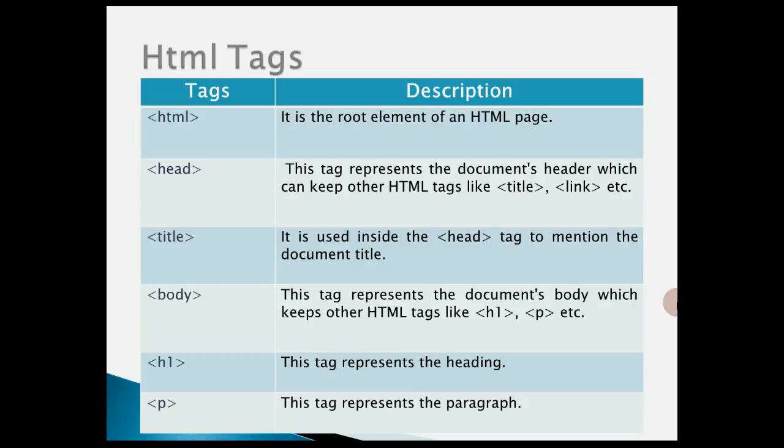Next, the title tag. This tag indicates the title of the HTML page. It gives the document a title which is displayed on the browser title bar at the top. Next, the body tag. The body tag contains all the text and graphics of the document, with all the HTML tags that are used for control and format of the page. Everything inside the body tag is displayed inside the main browser window.